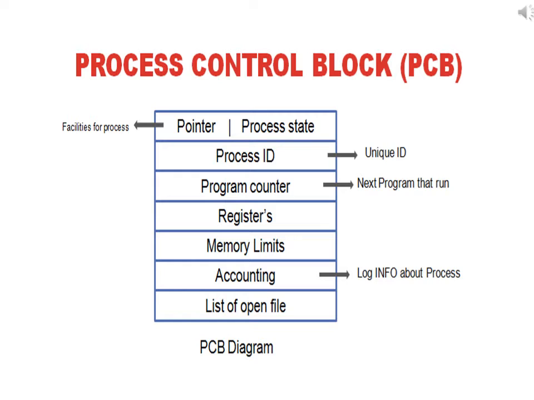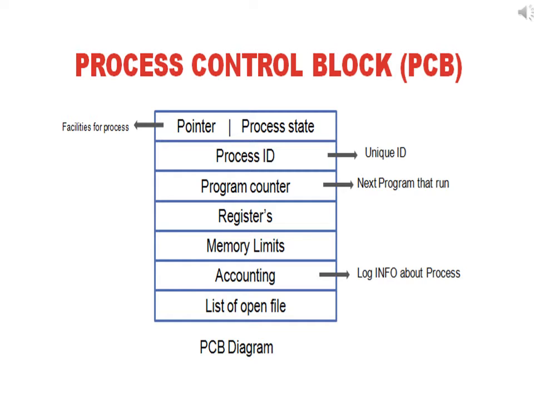The first is the process number. Each process is identified by its process number, called the process identification number, the PID. Each process has a unique process ID through which it is identified. The process ID is provided by the OS. The process IDs of two processes cannot be the same because the process ID is always unique.